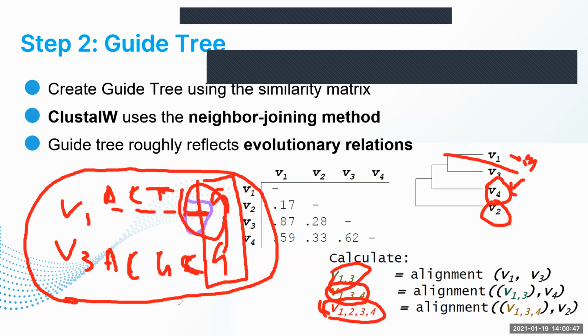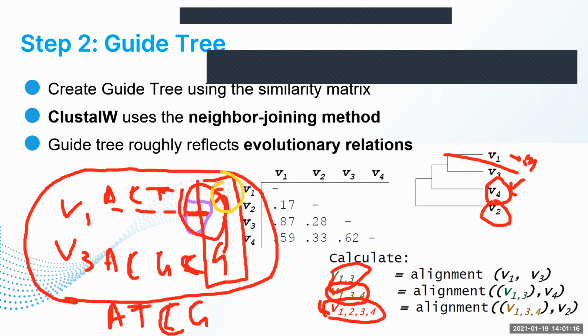Suppose you have something like A, T, G, C. Now, if you want to get this G into this place,